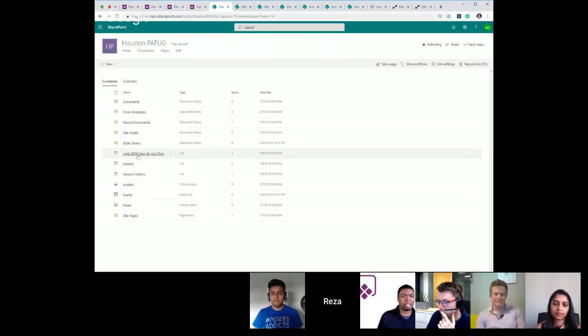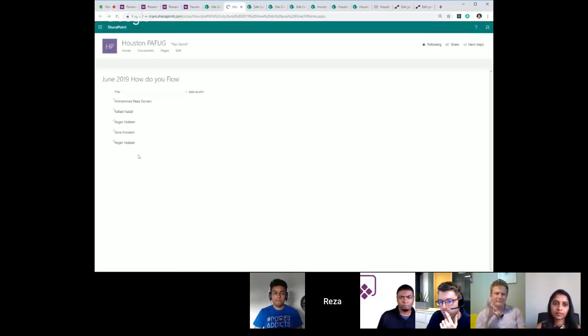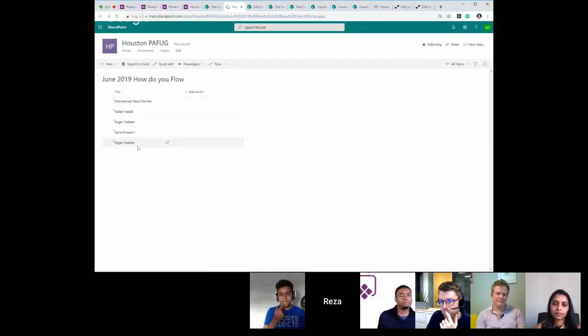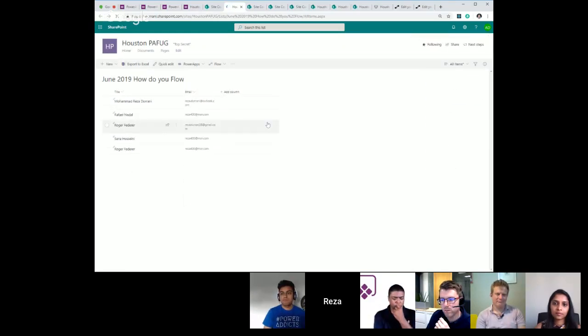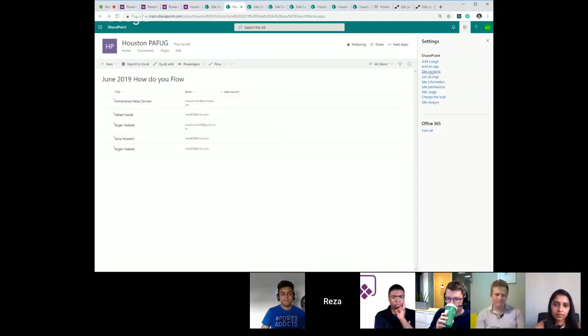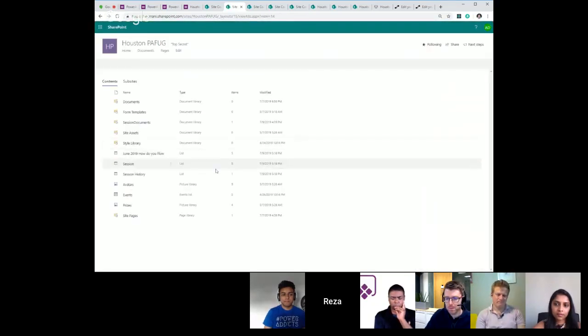And move all the items from the running list, which is the session list, into the past list that just got created. So now all my users have moved from the running list, which was the current session list, into the historical session list right here. So I have a list of all my users who signed in into that session. I also have other details like their email address. I don't store the images because certain users upload their personal images, which I don't want to store in the backend. I only store their names and their email addresses, so I know who's come into my sessions and who has attended them. So that's right here.